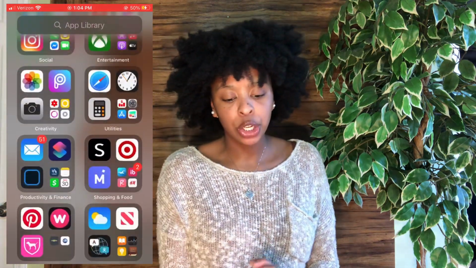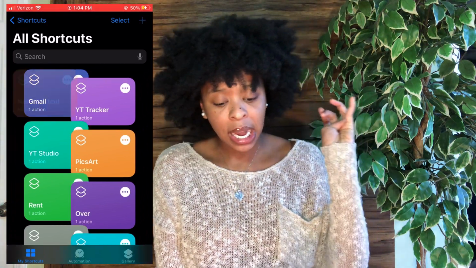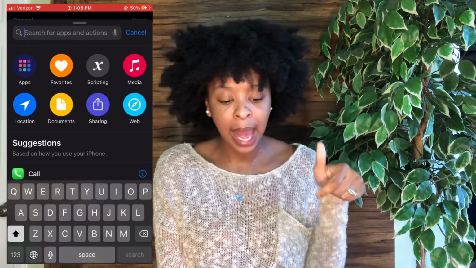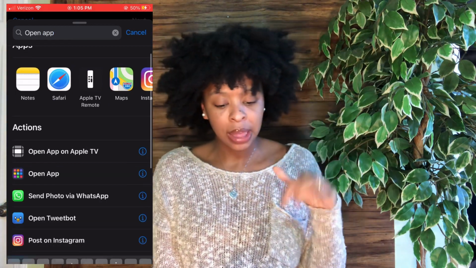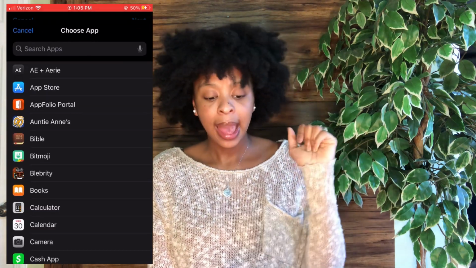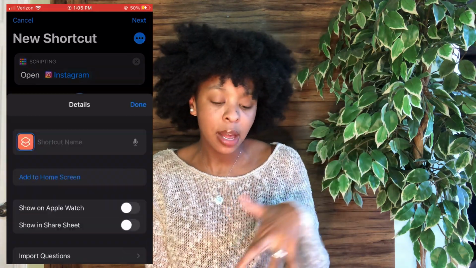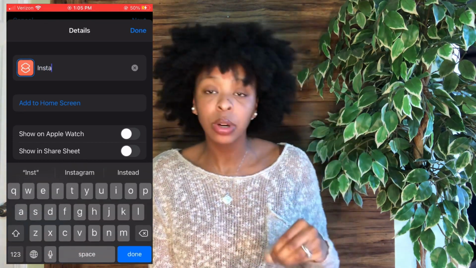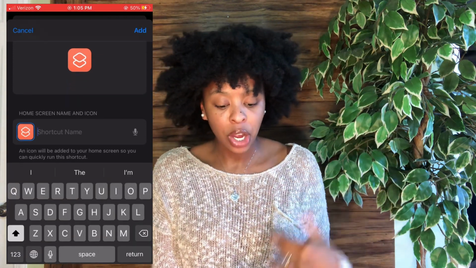The next thing you're going to want to do is go to the little plus sign, and it's going to say add. You're going to do add action, and then type in the search, open app. Once you see open app, click on that, then click on choose, and then click on whatever app you're trying to set this new icon for. I did Instagram. Then you're going to click the three dots and name the shortcut Instagram, or whatever icon you're working on at the time. And then you're going to hit